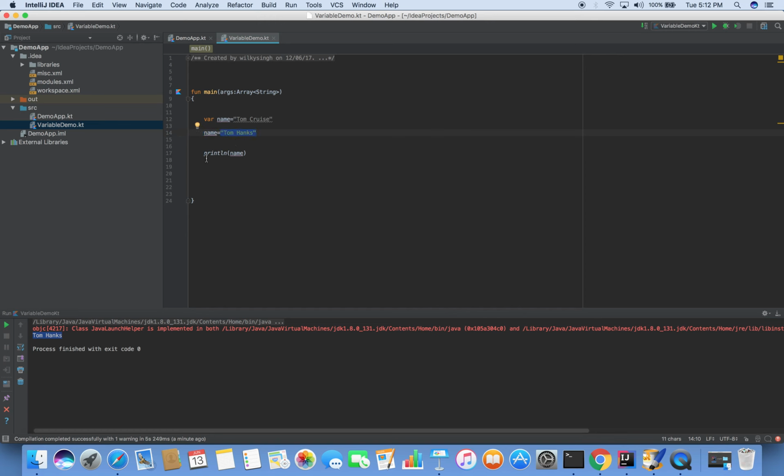So when you print this variable on line number 17, it will print the last updated value of the variable. The last updated value is Tom Hanks on line number 14. That's why you can see on the console it prints Tom Hanks. So again, if you change the value of this variable,